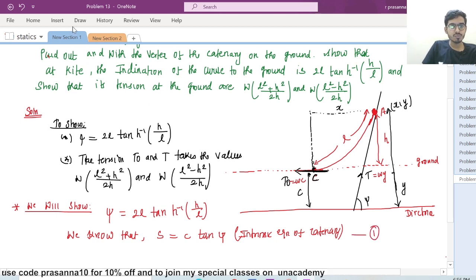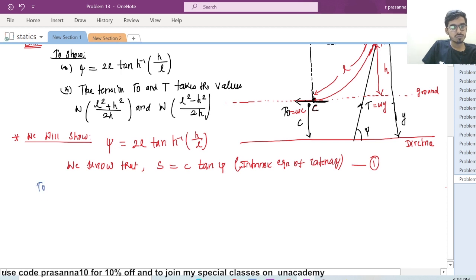So how to find C? First, we will find the value of C, and then we will substitute C here, so that we can find psi, right? Okay. Now to find C,